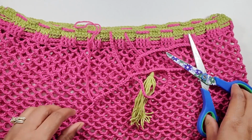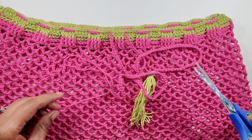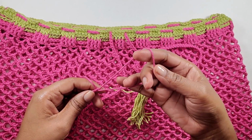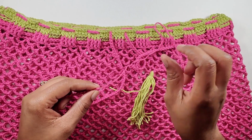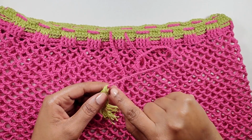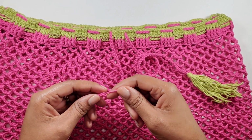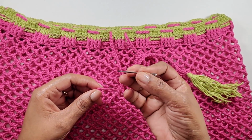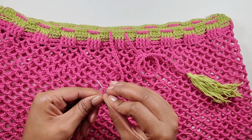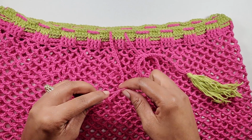So I'm just going to cut it at about here. And I'm going to pull that through. So I'm just pulling it through because I wanted to show you how I actually open back this initial one that we did before when we were chaining. So what I did was to use my needle and open it like that. And then what I did